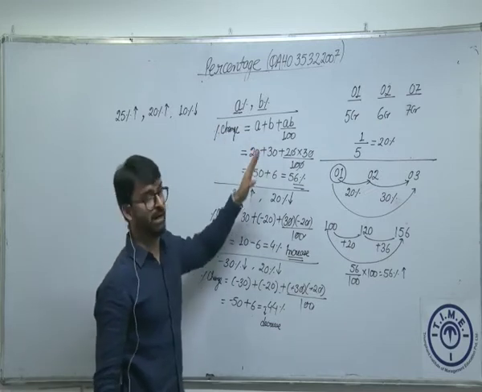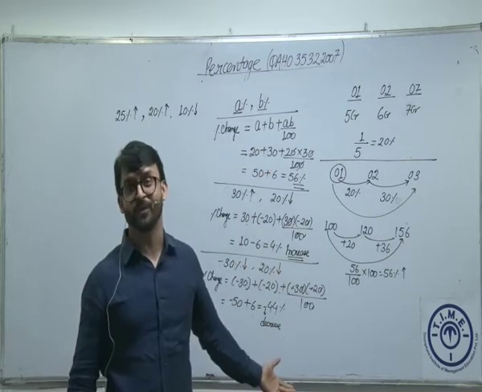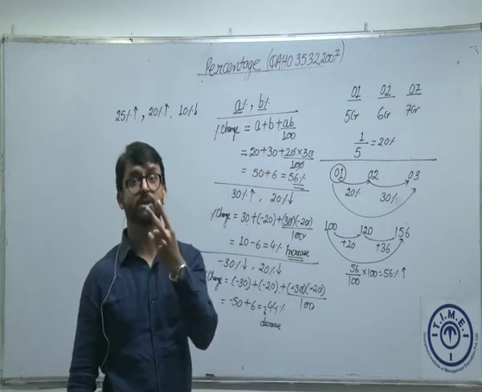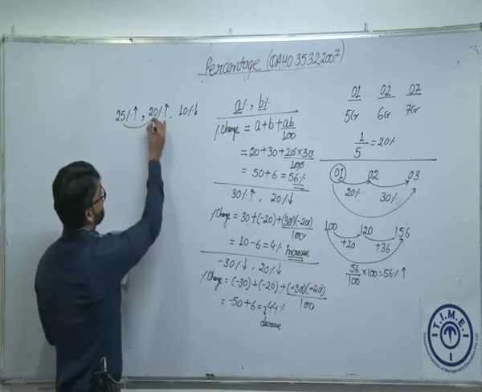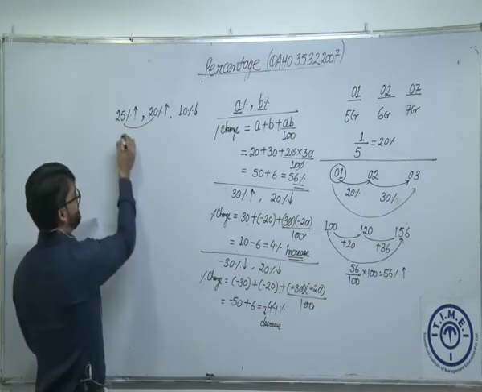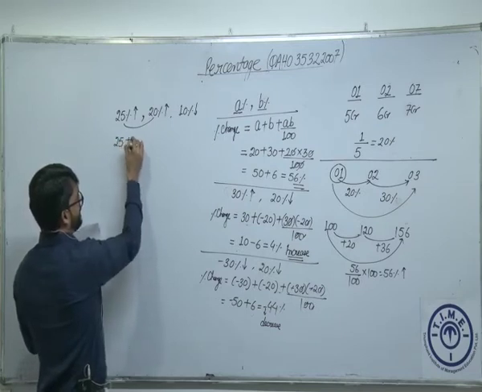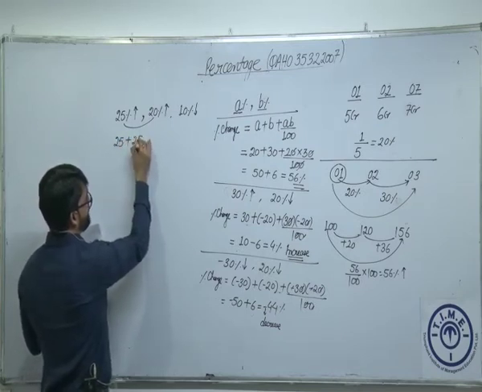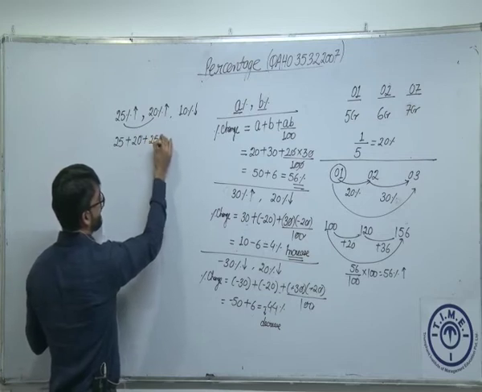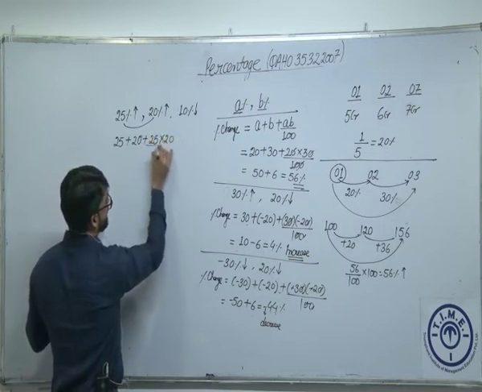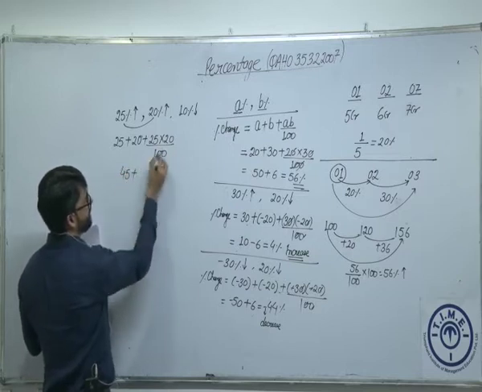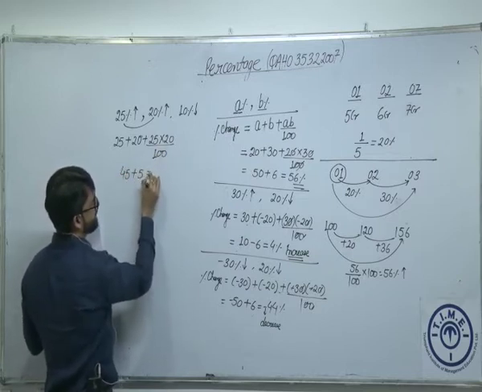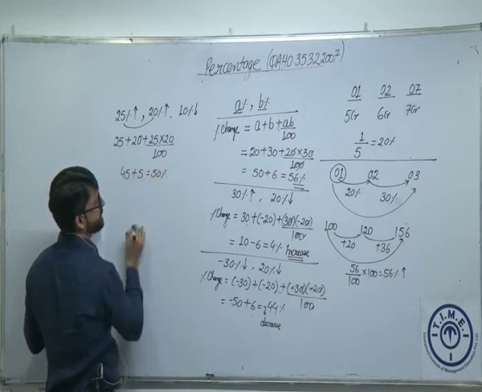We can use this formula. The only thing which I have to do, I have to use this formula how many times? Twice. 2 बार ये इस्तेमाल करना पड़ेगा. हम पहले 20 और 25 का निकालते हैं, दोनों increase हैं. So that will help us in calculating things. 25 plus 20 plus 25 into 20 divided by 100, which is 45 plus 5, which is 50%.